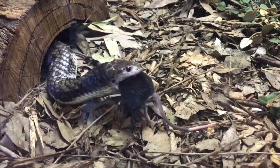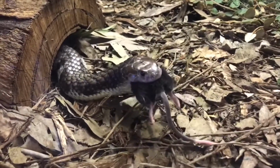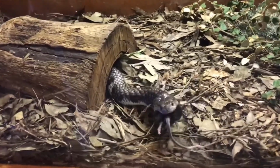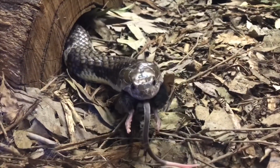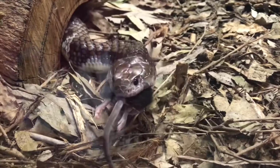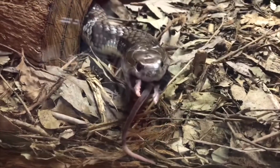Alright, now he's a smaller snake, so therefore he gets a smaller meal. So we're going to give him a little furry mouse here. And he may or may not eat. He's almost up to take it. That's a big one. Now, when you have a look at the snake,